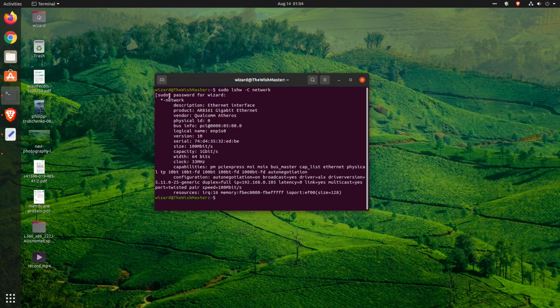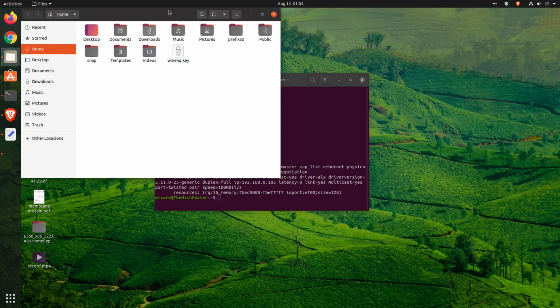So you can see there's a network description as a net interface, and below it there's a configuration. In the configuration there's something called a driver. My driver name is ALX. It might be different for you, so don't worry about it. In the Ubuntu forum it was Sky2, so I believe that it is different for you too. When you know your driver name is ALX, the only thing that you need to do is